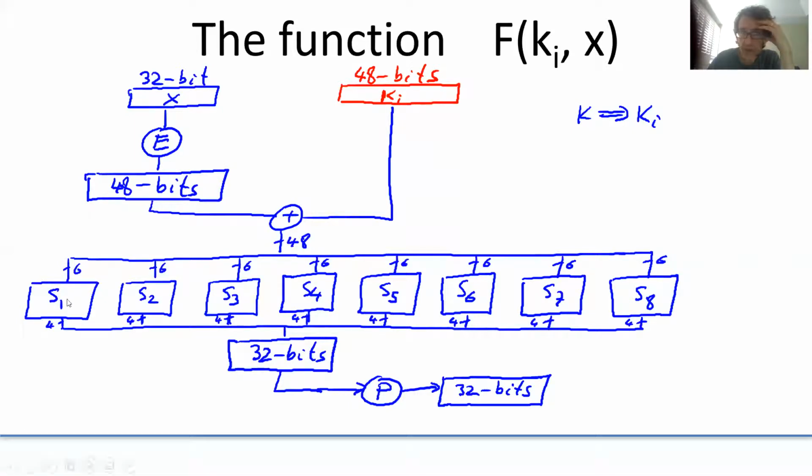So these functions are just tables. They have 64 entries, as many entries as there are possibilities for this wire's values, and each entry is just 4 bits. So 64 times 4 is 256. You can describe an S box using 256 bits,